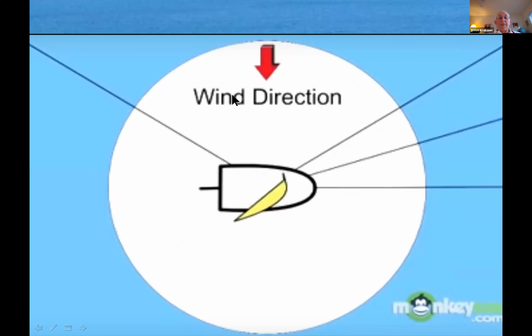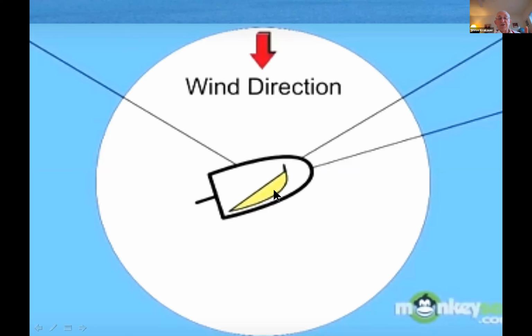I didn't get into how we change the shape of the sail, because other than the main sheet, or the jib sheet in the case of the jib, we let it in and out. There are a couple of other lines. One in particular, you may hear the term traveler. That's a line that comes from the bottom of the boom and will attach sometimes in a triangular fashion, sometimes just with a block and tackle straight down on a track, somewhere just above, in front of the cabin top, or maybe sometimes over the hatchway. That's for helping to adjust not just the position of the sail to the wind, but also the shape of